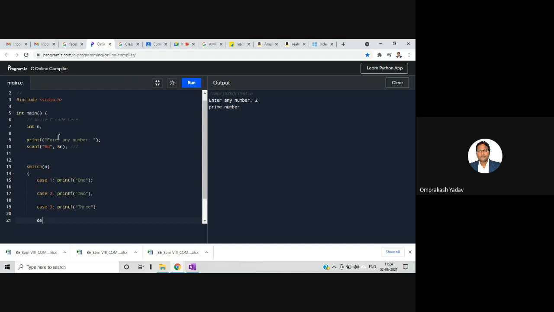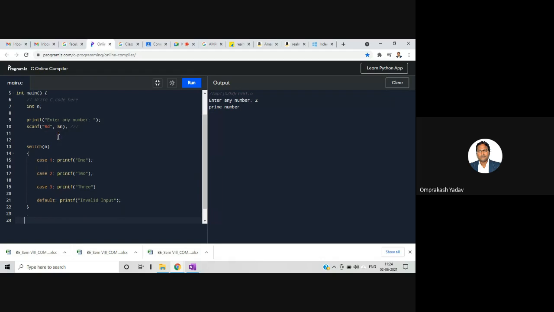And the default, I'll write printf invalid input. So if any number entered is below 1 or greater than 3, I'll say invalid input. So this is my switch case. That's it.